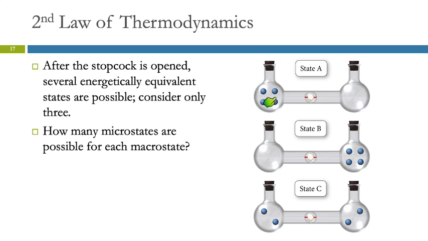Well, for this one, just considering sides, there's really only one microstate. We've got all 4 particles over here. And for this one, we've got all 4 particles over there, and that's it. But here we've got 2 on each side. Well, if these particles are A, B, C, and D, there are different possibilities, right, where you still have 2 on each side.